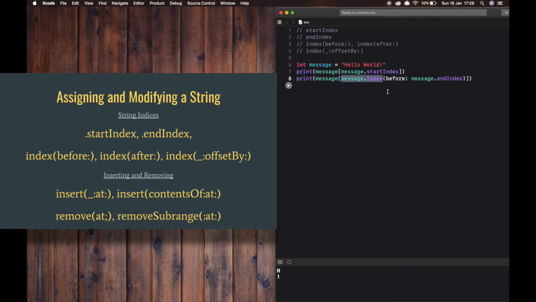You can access the indices before and after a given index using the index(before:) and index(after:) methods of the string. So the character after the startIndex will be E. You can use the index(_:offsetBy:) method. To access an index further away from the given index, you can use the index offsetBy method instead of calling one of these methods multiple times.